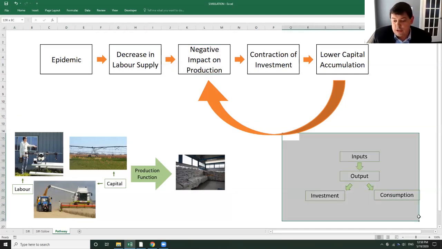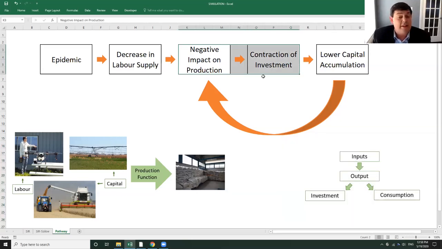And now if you look at the Solow model, less output leads to less investment because a share of output is invested. So if I have less output, I'm going to end up having a contraction of investment. So this is this channel now. Less output, less investment. If I have less investment, I have less resources to buy new tractors to accumulate capital. It might be the case that my tractors are breaking, so I'm losing, let's say, per time period 2 tractors, but I can only buy 1 tractor. So my stock of capital is decreasing, and now I have both inputs going down and making output go down